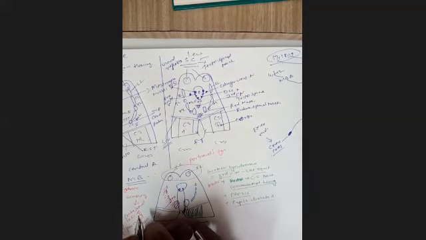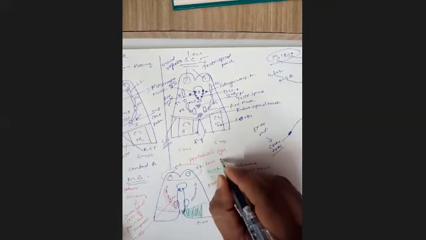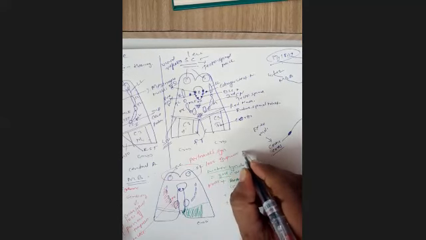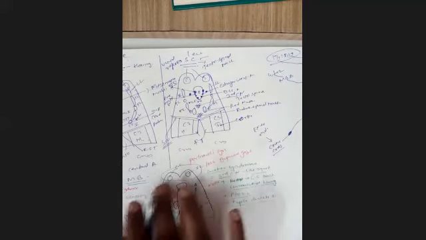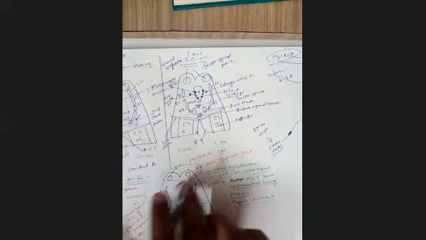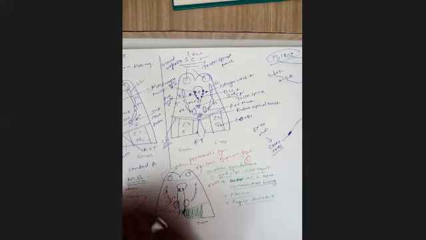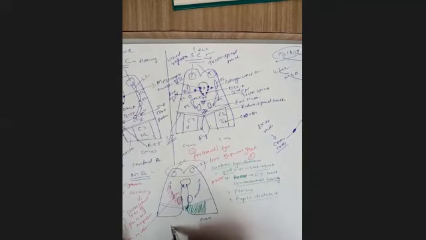So when the superior colliculi are involved, there is loss of upward gaze. And it is very difficult to explain anatomically why this happens. So we studied Weber syndrome, we studied Benedict syndrome, Parinaud syndrome, and the last thing is the